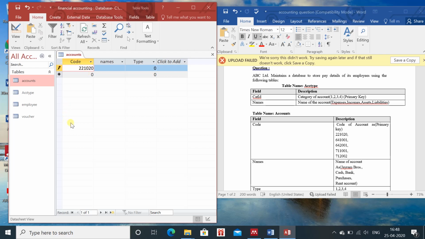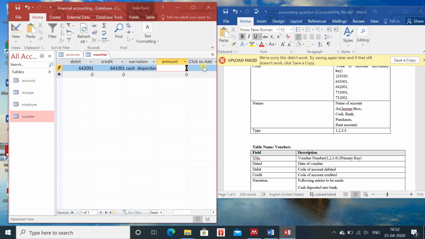So this is for the first one, and for the first one we have Jairam, then type, cash deposited into bank. I am assuming 4 lakh rupees they have submitted.